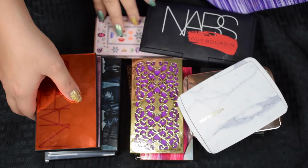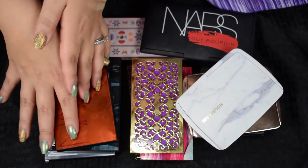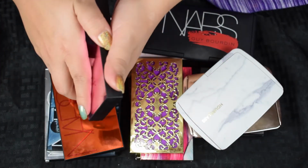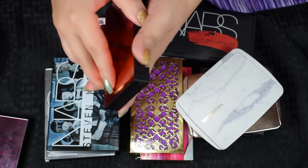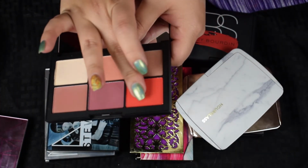I can tell you right now that I'm probably not going to get rid of any of these because these are a little bit more on the higher end side. So I have two NARS blush palettes here. This is the NARS Unfiltered 2 palette. I'm definitely going to be keeping this. This has a lot of pinkier shades. This has a couple more deep shades, and I really wanted to get it for this blush right here in